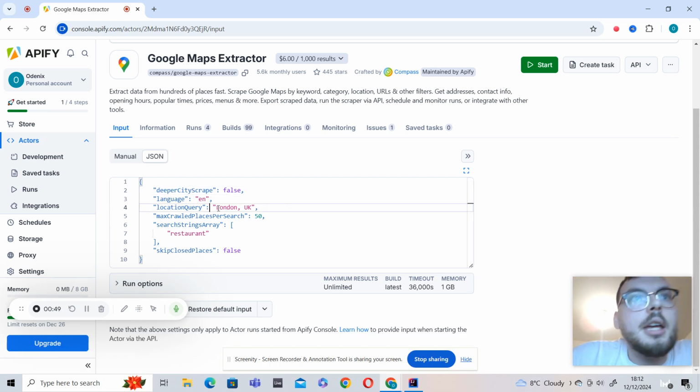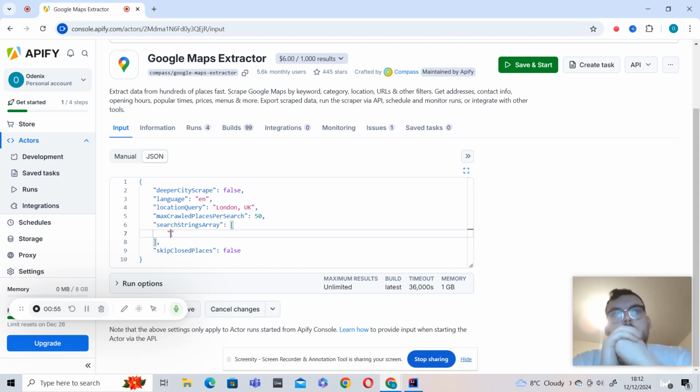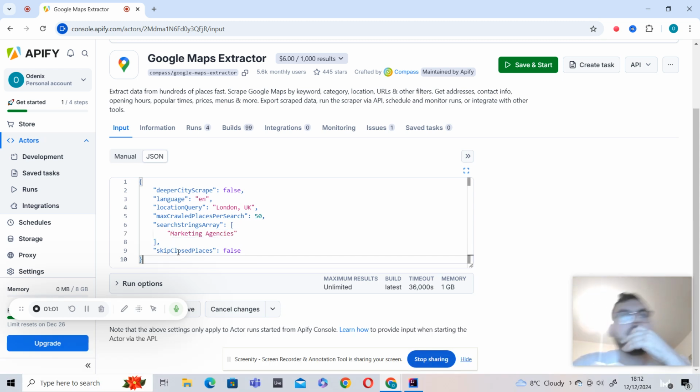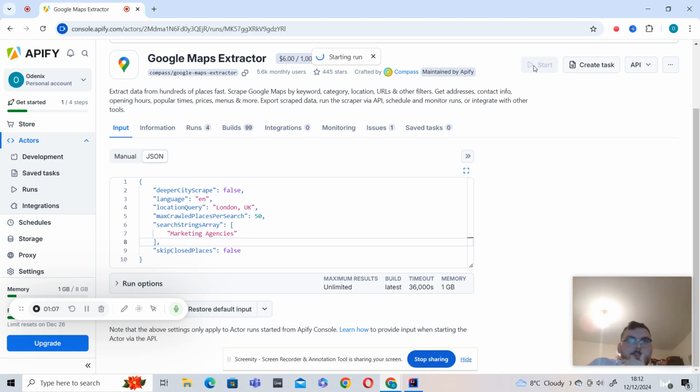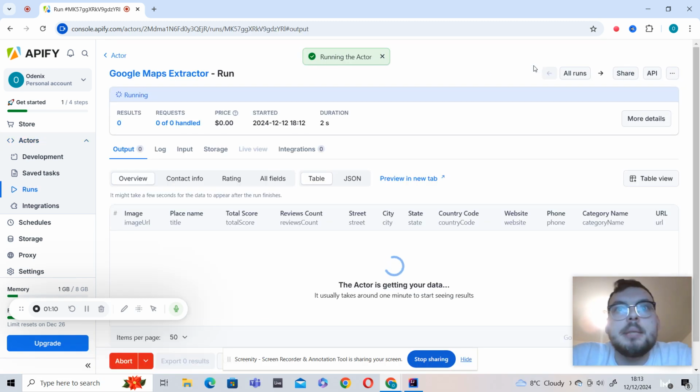If we set the location here to London, and we'll set the type of business to marketing agencies. Now, hopefully, if we run that, it should now generate me 50 London-based marketing agencies.